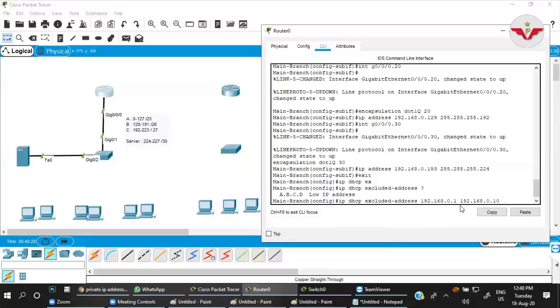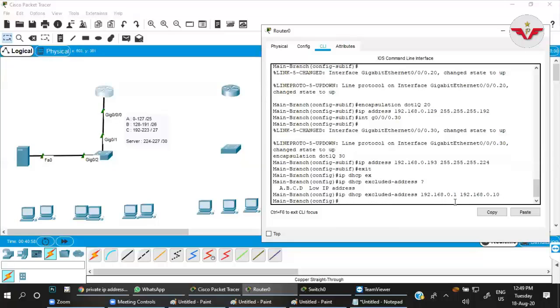I don't want them to be assigned, because .1 is the IP of the router, and in that network it might be possible that some admin or anyone comes and wants to connect and access the network. So I will exclude these IPs from the network range. The server will provide IPs from 11. Okay, so exclude ip dhcp excluded-address from 1 to 10. Done.